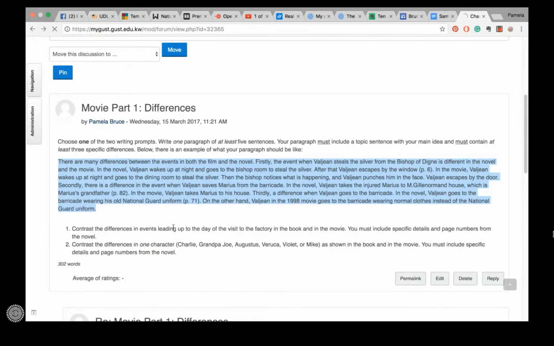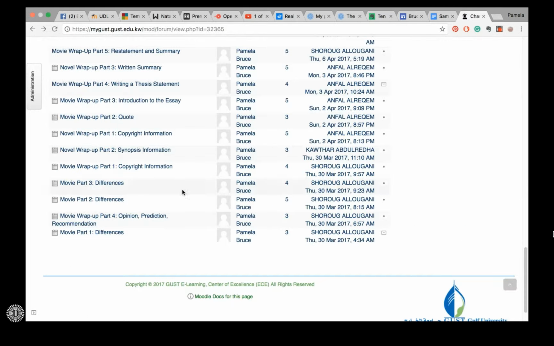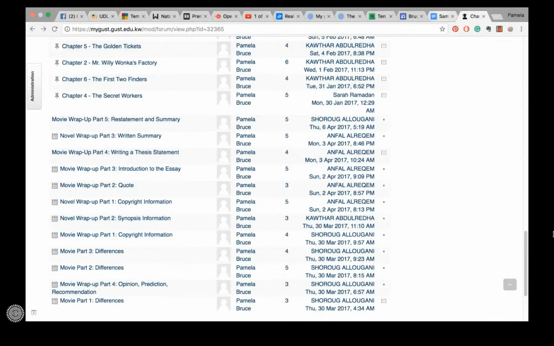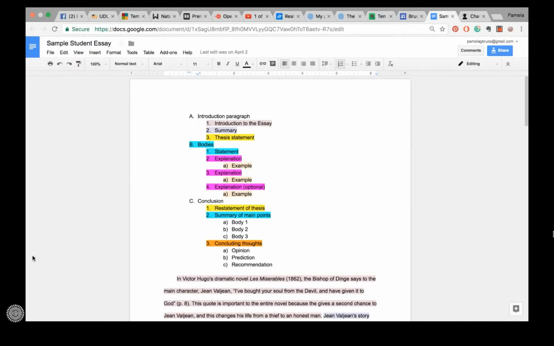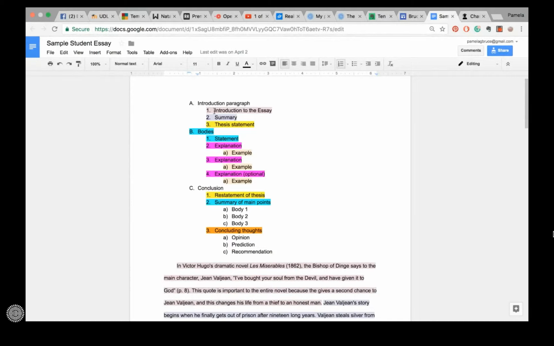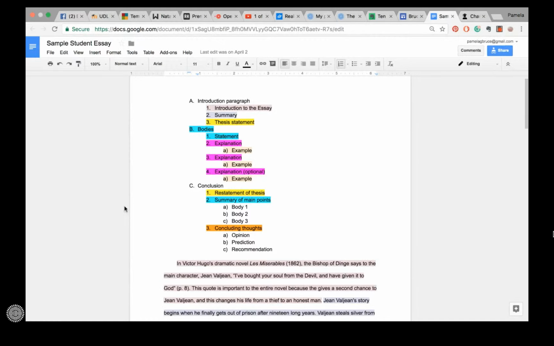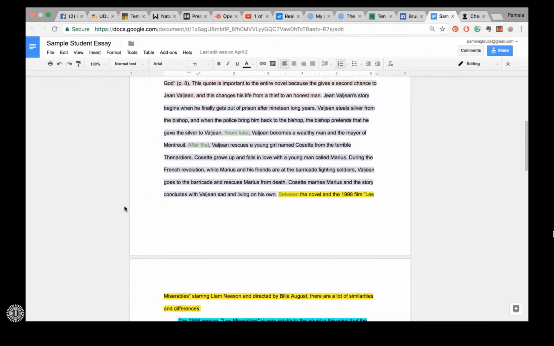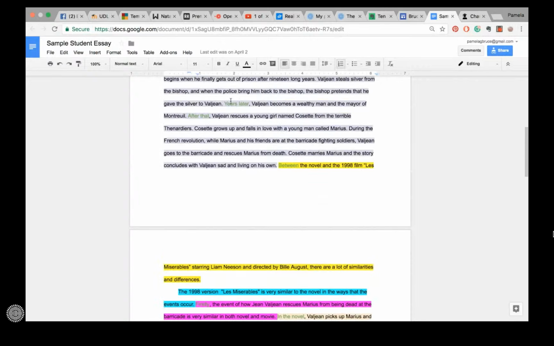Now, ultimately, if they followed all of these steps, they should get to a point of being able to take all of these little bits and pieces and turn it into a longer 5-paragraph essay. And so, as you saw earlier in the Prezi, there's the color coding to help them understand which parts are happening. I also color code the transition words and phrases for them because that's a very particular area of focus in English